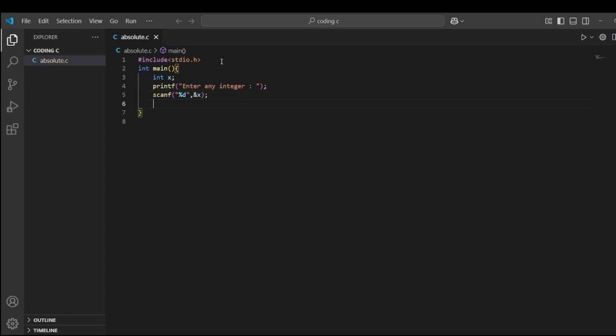Now we apply conditions if else. If x is less than 0, x is equal to x into